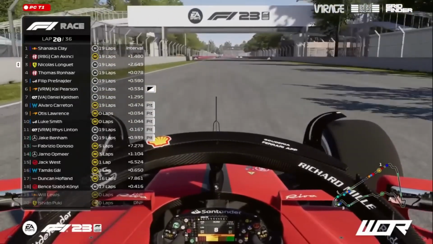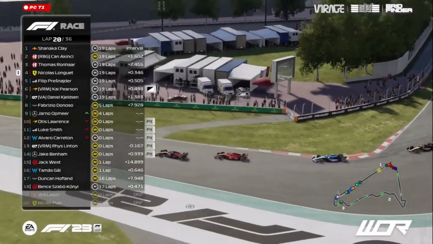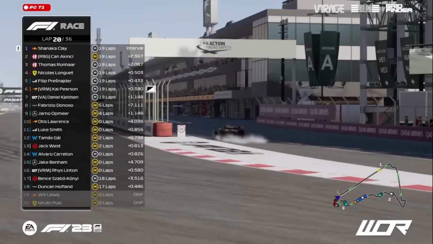You can see Ron Har also looking for a move ahead of Nico to pop himself into that top 3 now in this race, or you could say one of the net top 3s, because at the moment you've got Fabi and Yono who've pitted, who are going to be starting to catch up to these guys very, very soon. Laps to go in this Grand Prix, so around about 20 minutes left of this race. Shanaka Clay